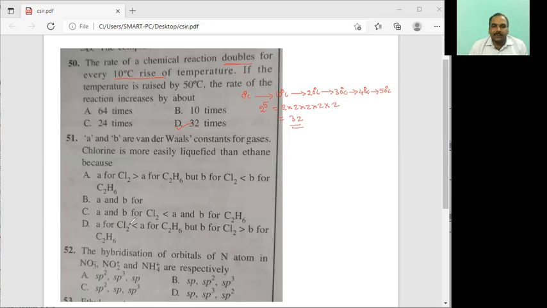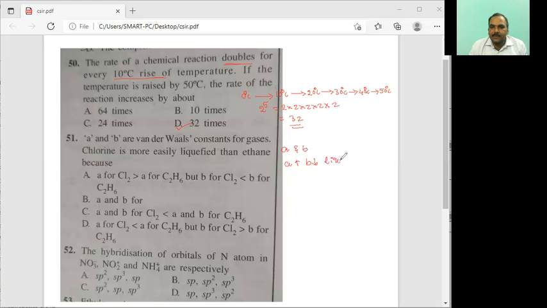Fourth one, A for chlorine is less than A for ethane, but B for chlorine is greater than B for ethane. The liquefaction depends upon the van der Waals constants A and B values. If the A value increases or the B value decreases,